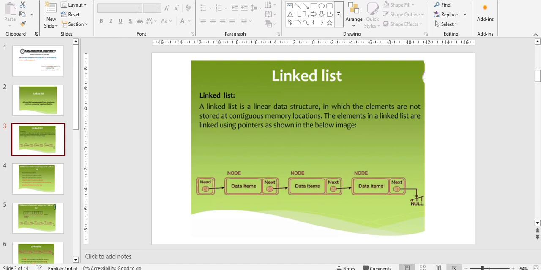In which the elements are not stored in continuous memory locations. Continuous memory locations apply only to the array concept, not the linked list concept. Here the data is not stored in a continuous way. Always the nodes are stored non-continuously. The elements in a linked list are linked using pointers as shown in the image. In this way, there are three nodes, and head is always pointing to the first node,